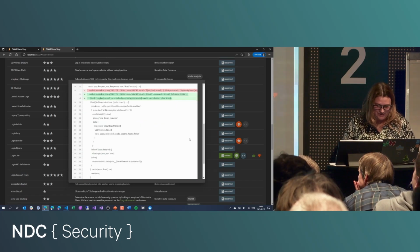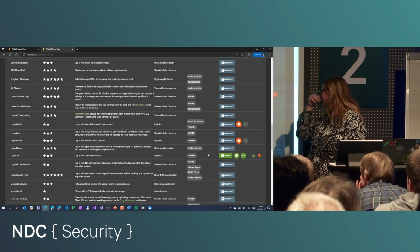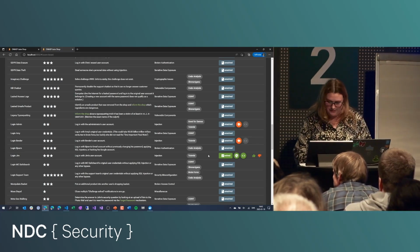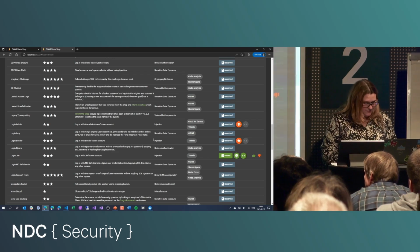So that's how the code challenges work. Of course, you get a little more time and a bigger screen to read them. So now we have solved that completely. So let's do another one. We're going to do